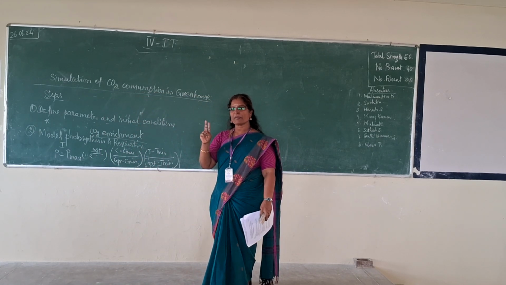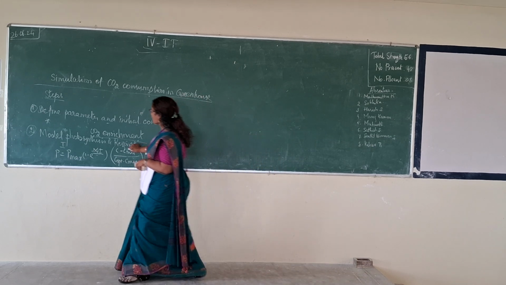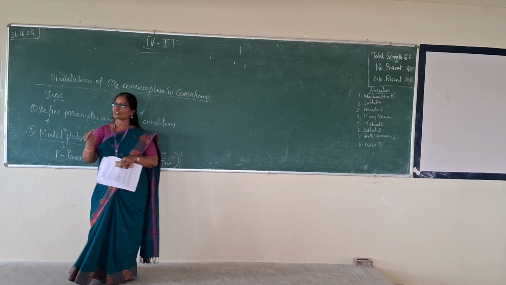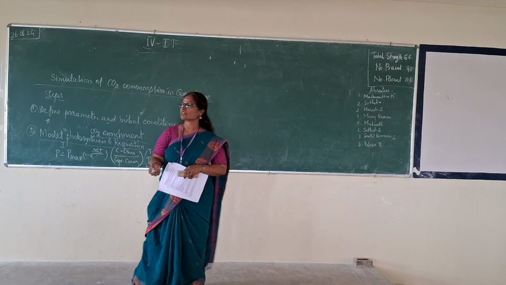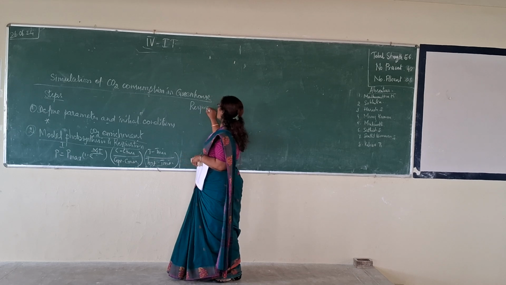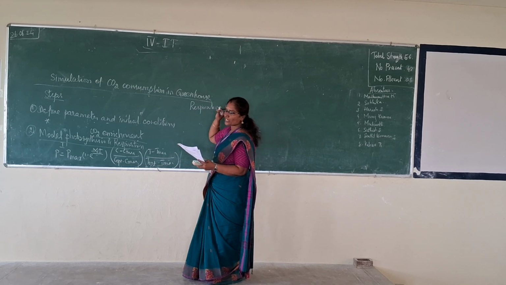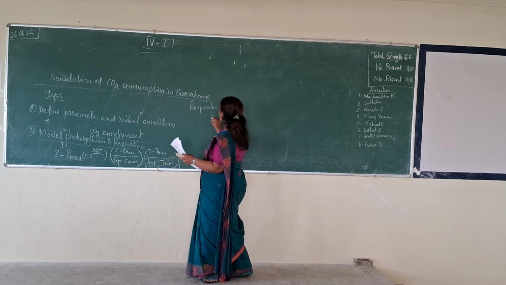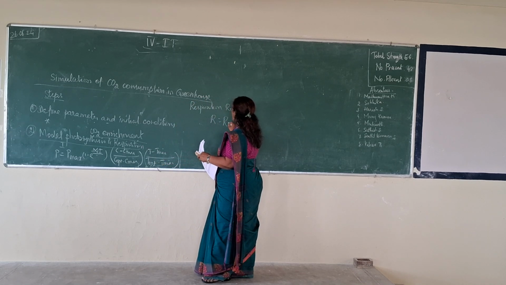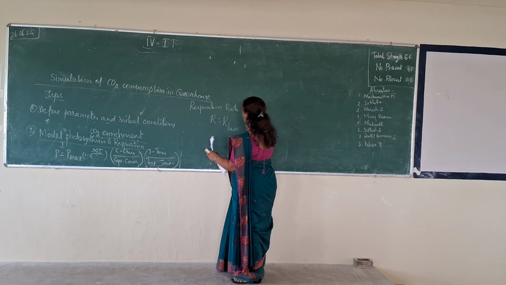Two rates we will be considering. When we are modeling this, we need to calculate two rates: one is the photosynthesis rate, and the other one is the respiration rate. Formula for respiration rate is R is equal to R base of